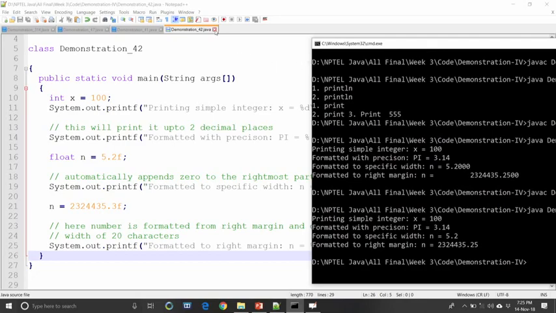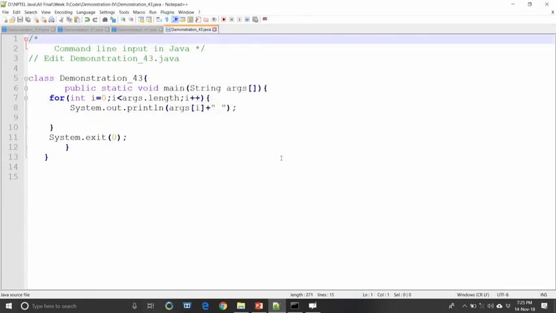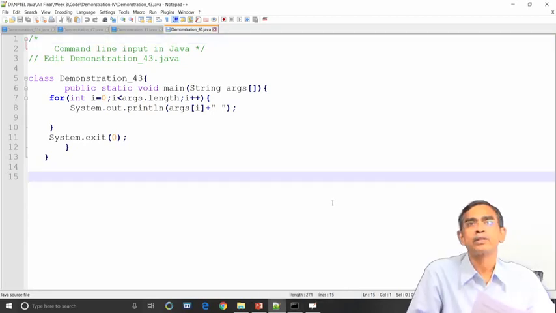Okay. Our next demonstration: we have learned about the print, println and printf methods to display output on the standard output, namely the display screen. Now, I will discuss how input can be passed to the user's program. There are 3 ways. One is command line input. The concept is that while you run the program, that means when you call your main program, at that time itself you can specify the inputs required for your program. This means that Java will take these inputs automatically and then run it.